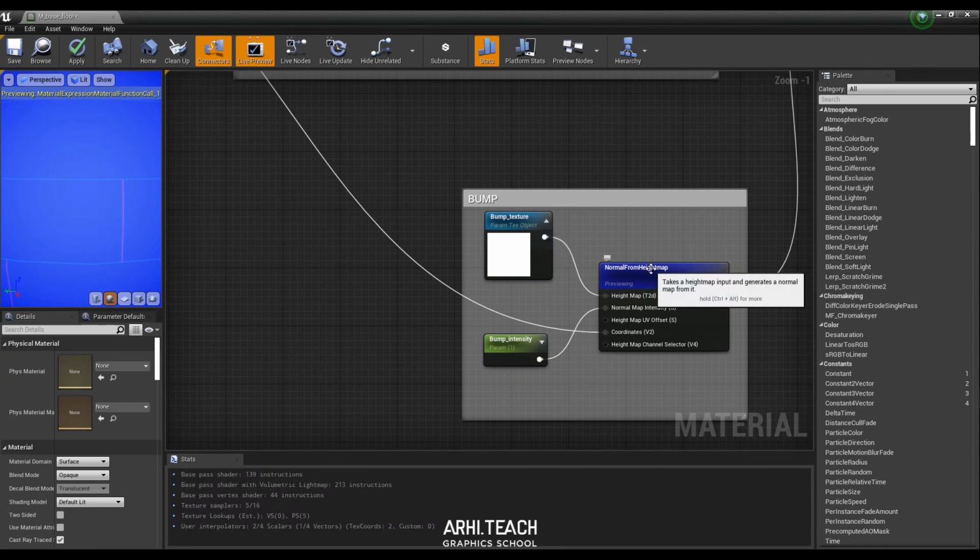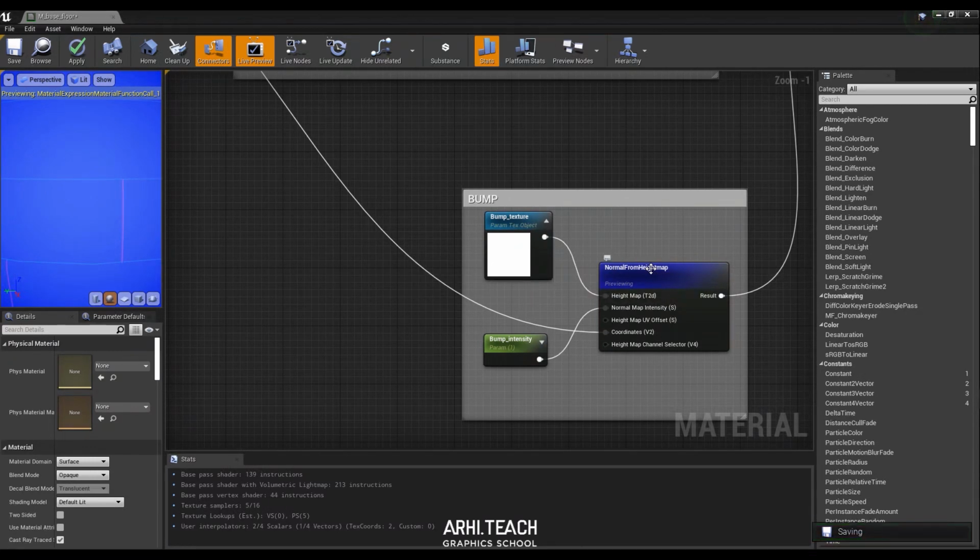First, I want to say that such material is quite expensive in terms of resource consumption. In my course, I talk about a working way that I use in commercial projects, a way where a bump can be created in other applications. And this option is more optimized. The option that I'm showing you now is a more universal, or, if I may say so, a more lazy way. Okay, actually you can use this one too.